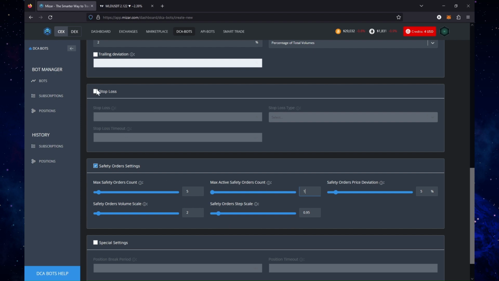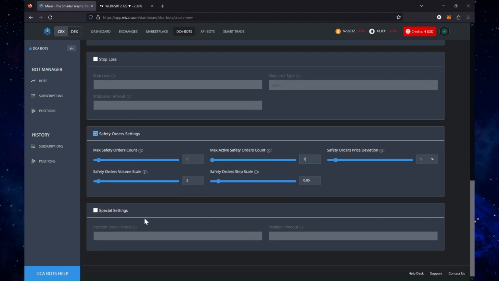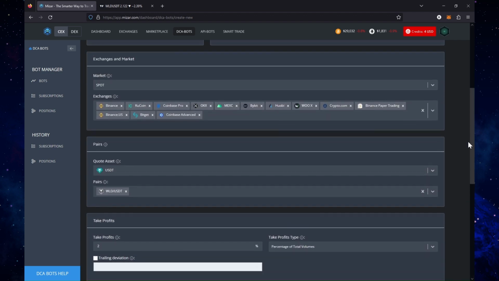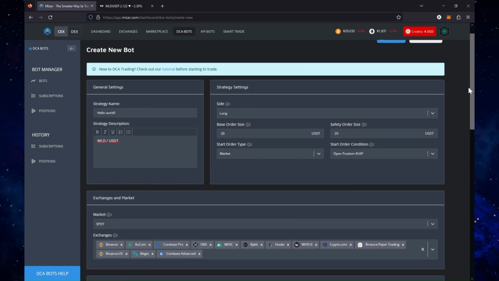There's no stop loss, as I mentioned, no trailing, and there are no special settings. The special settings you can put here, you could have a timeout or a break in between the trades. I don't think that's needed, or a position timeout. So in this particular strategy, I'm just disabling them, not enabling them at all. And that would be all for that particular DCA bot setup, which would trade